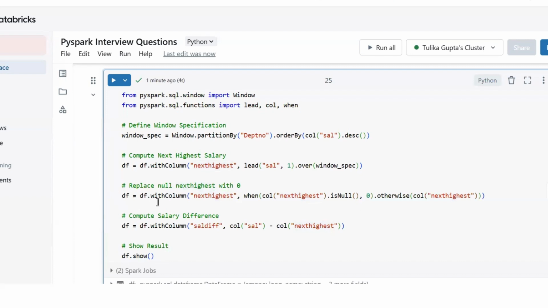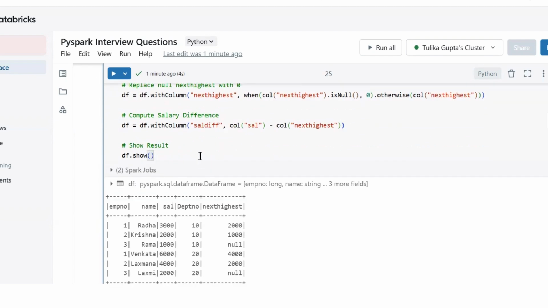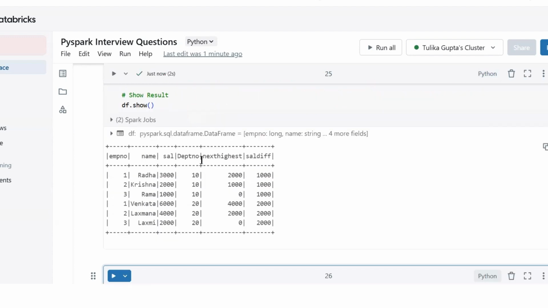Now once we have this, we are also computing the difference. That's a very simple one. Again, it's a new column. So the usual steps: we make use of withColumn to add a new column, then the name of the column, and here we are simply subtracting the two columns. I hope that's clear. Let me quickly show you the results. Now you can see that we have got the expected results, and we are good.